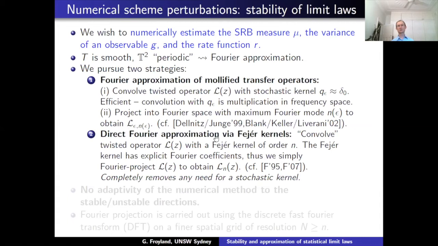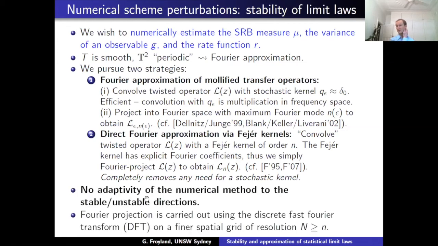The second approach is nicer, I think. What we do there is we convolve with a Fejér kernel. These Fejér kernels have explicit Fourier coefficients. So actually you're not doing a standard Fourier truncation. You're truncating, but it's a weighted truncation, and you take the coefficients that you get from the truncation and combine them according to what is prescribed by the Fejér kernel. So that is nice. This is like a 1-step method.